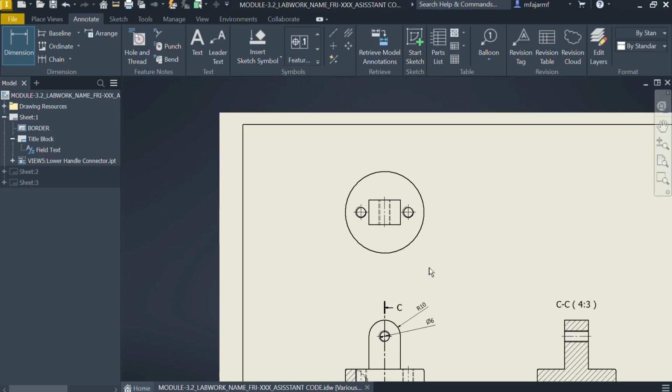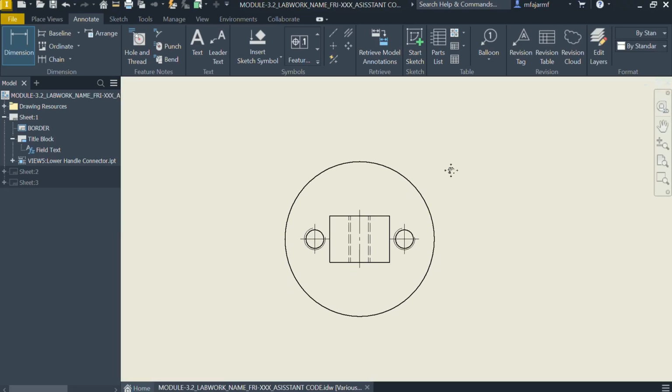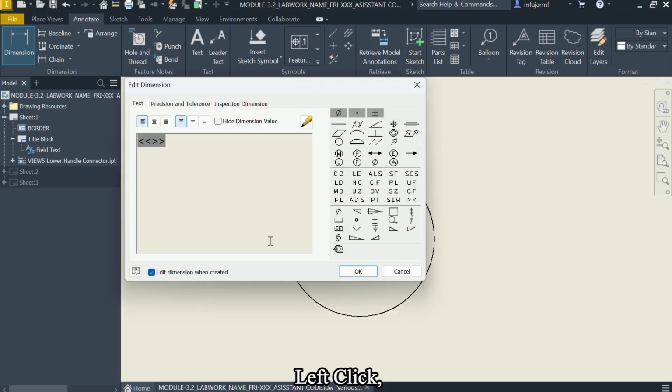We go next to another view. In this view, left click on all determined lines from top to bottom. Drag the dimension to the left side of the part. Left click. Click OK.